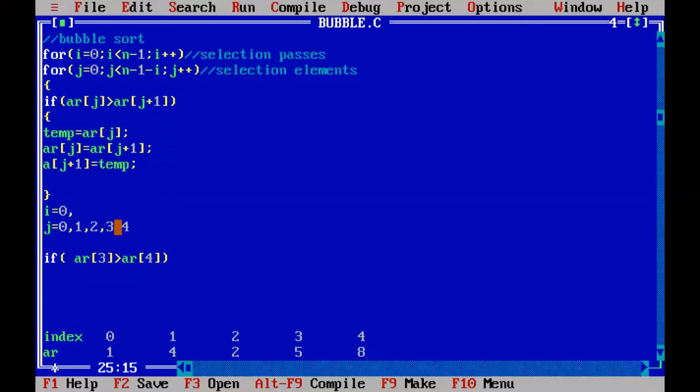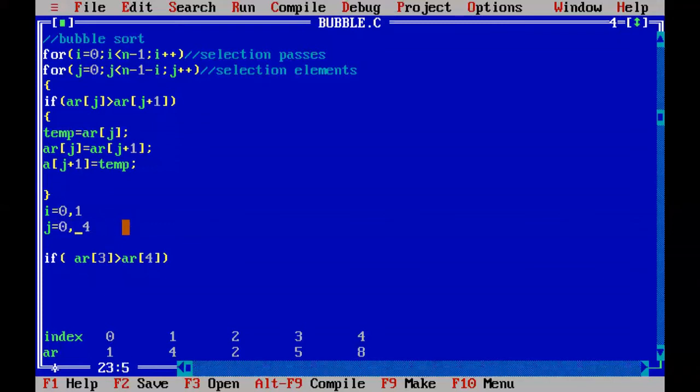Then the j variable is incremented to the last value 4. Whenever j is incremented to 4, here the condition you check in the inner loop. 4 less than 4, false. Then up to 3 only it will run. Again, after completion of the inner loop, the controller will go to the outer loop and it will increment to 1. For one iteration of the outer loop, again the j variable will start from 0,